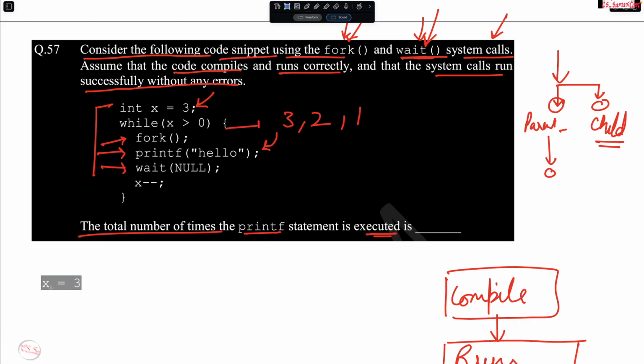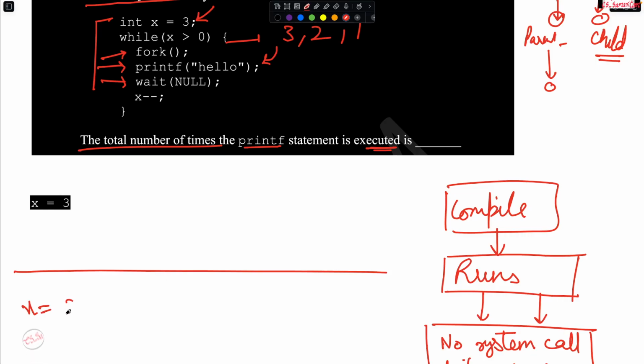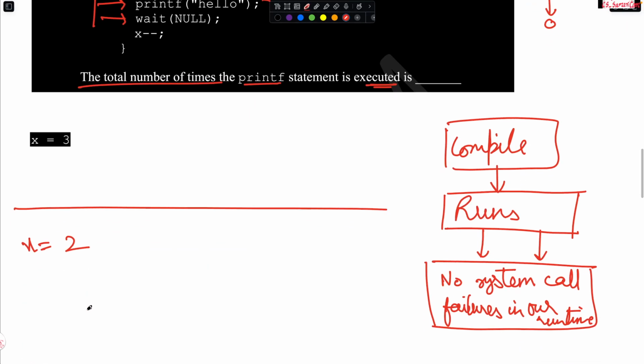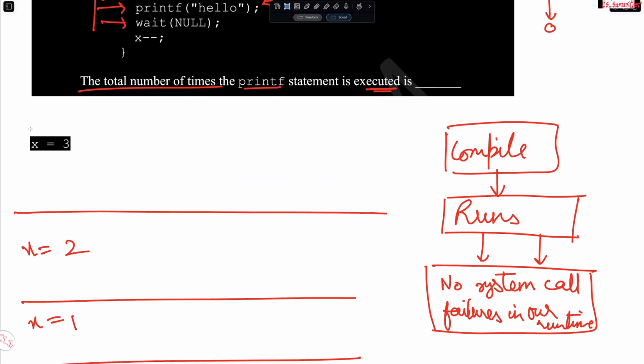At first, x is equal to 3. This is one domain in which the loop is going to execute. After that there is the domain of x is equal to 2, then x is equal to 1, and at the very end x is equal to 0, at which the loop ends. Whatever thread goes beyond this point, we directly mark as the end of the thread. That is the basic essence as far as the loop is concerned.